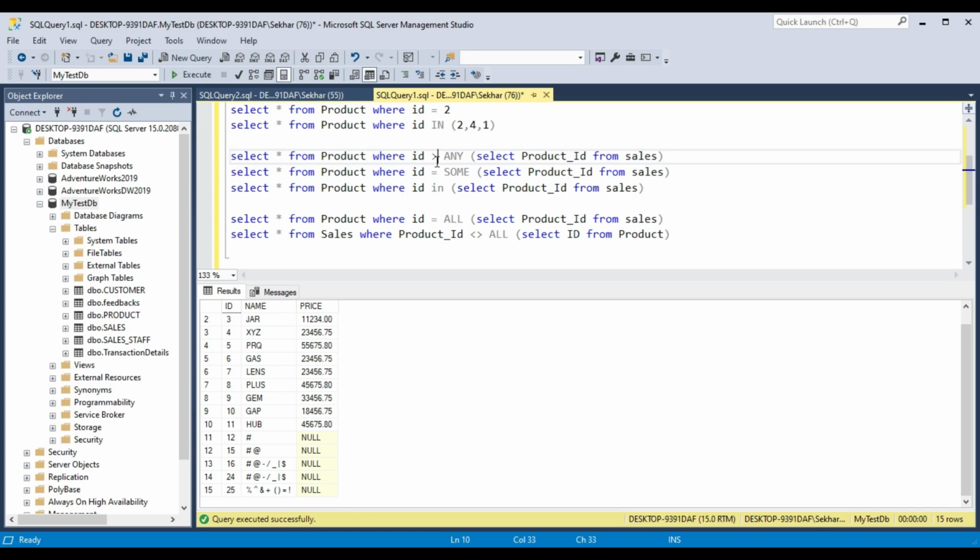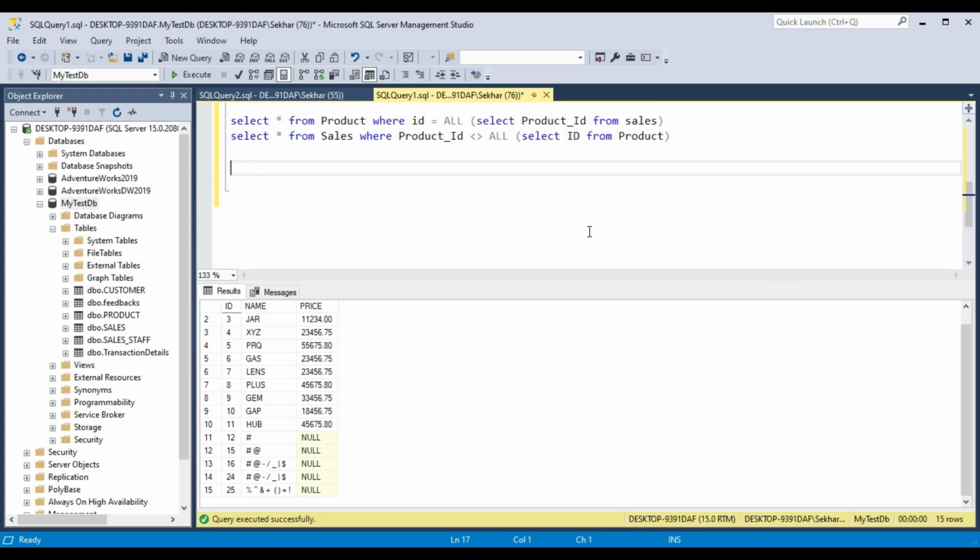Okay. So this greater than equal to also you can use. This any, some, all, mostly has to be used with comparators. Comparator in the sense maybe it is equal to, not equal to, greater than equal to, less than equal to, or greater than or less than. With all these comparators only you can use all, some, any operators.